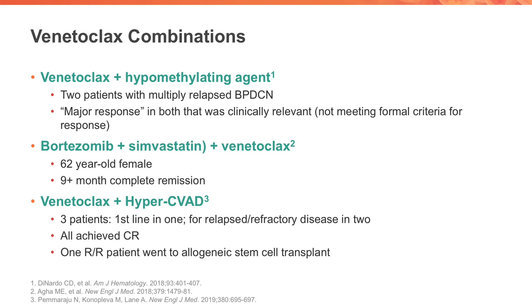And finally, we reported the combination of venetoclax with a high-intensity acute leukemia regimen called hyper-CVAD. These were 3 patients who were younger and therefore able to tolerate intensive chemotherapy. One of them was in their first line of treatment, and 2 of them had relapsed refractory BPDCN. All 3 achieved a complete remission, and one of the relapsed refractory patients went on to an allogeneic stem cell